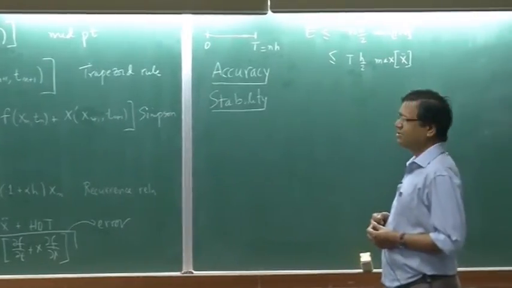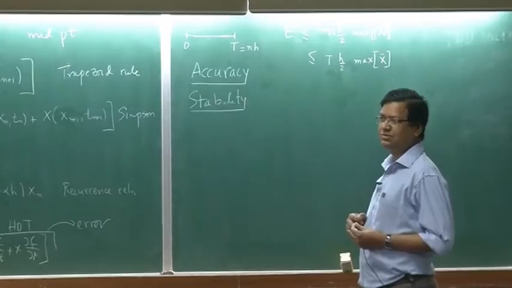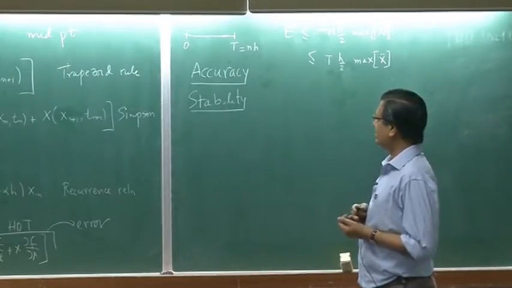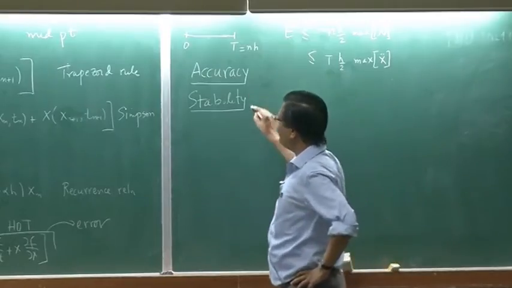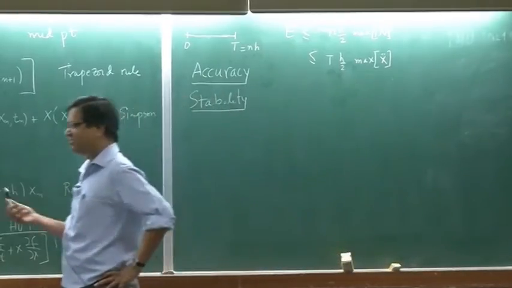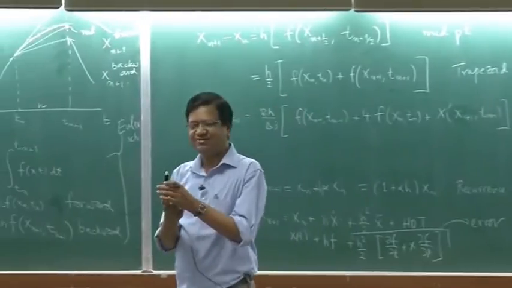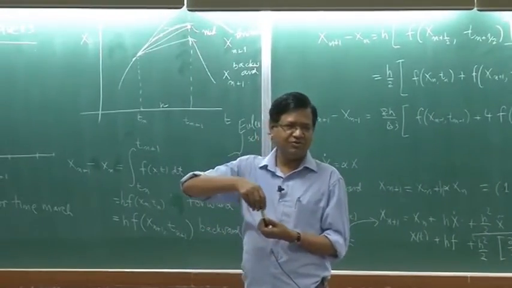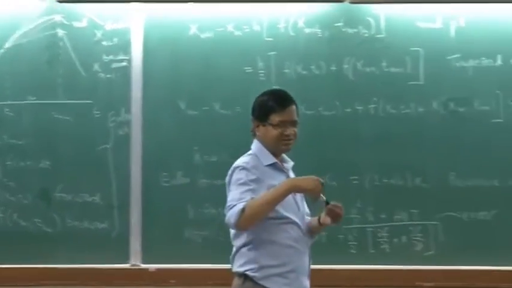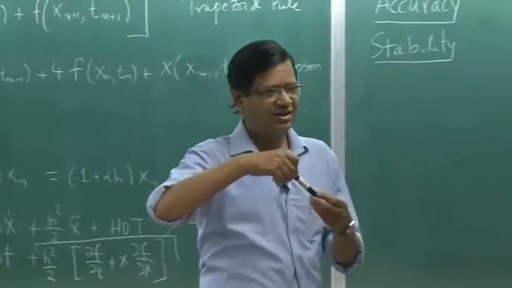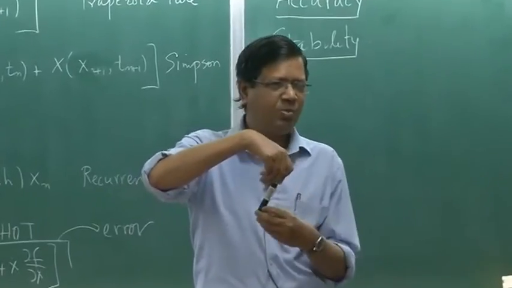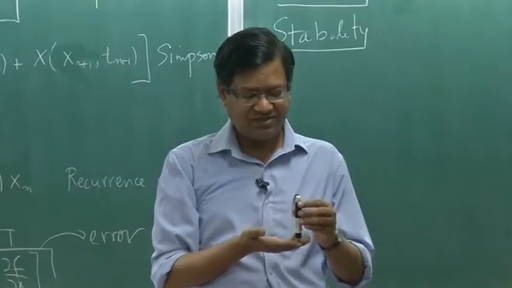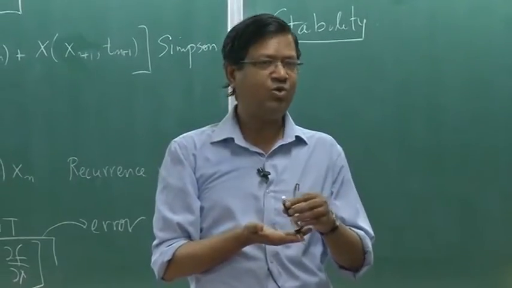So how do I test stability? We are aware of stability in a mechanical system. If I take this raw chalk like that, it's unstable. But if I keep it like this, it's stable. Stable systems are ones where, if I displace it from my equilibrium position, it will try to go back to the equilibrium position. And unstable systems are ones where, if you displace it, it will go away from the equilibrium